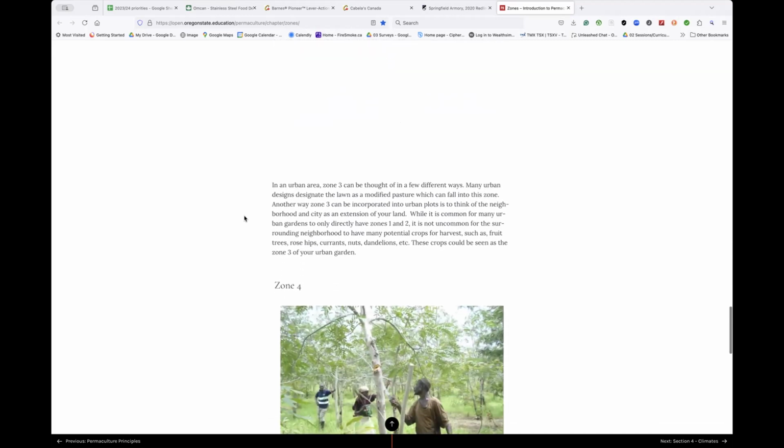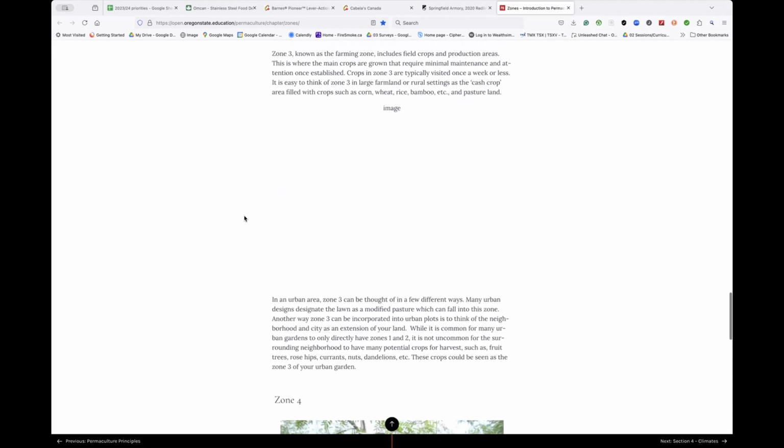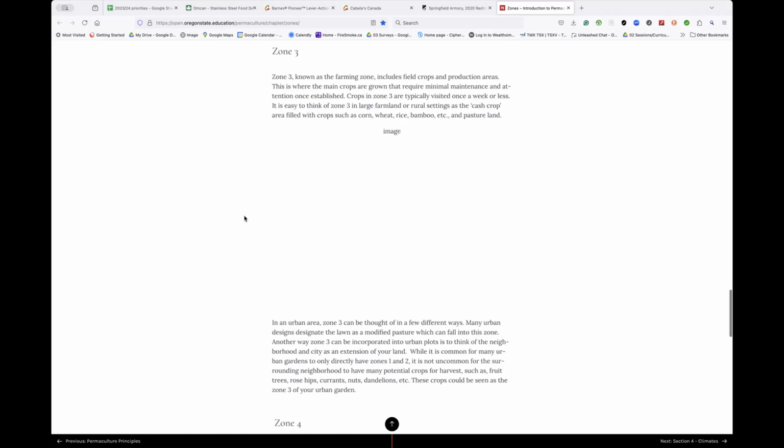But even with pasture land in zone 3, we see our livestock every day. But they're farther for sure. But we check on water every day. Depending on your paddock or your pasture size, it may be just a portion of it. You may not be going to the end of the pasture. Yeah, that makes sense. That's where you can think about